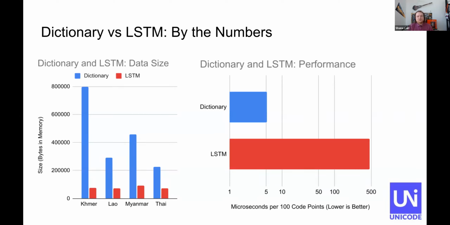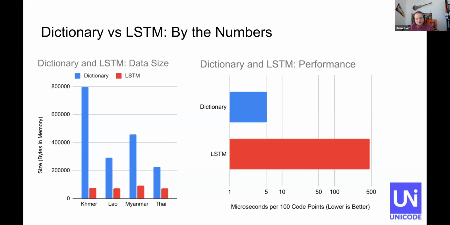One of the goals I've had in mind when trying to optimize the LSTM performance is, can we get to a point where you can take a string of text that you might display on a small screen, like a smartphone or a tablet, and segment it at over 60 frames per second, over 120 frames per second? And the LSTM is capable of doing that. That's about where it's at.